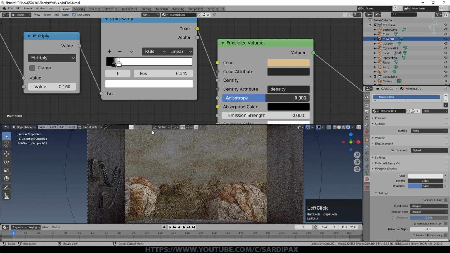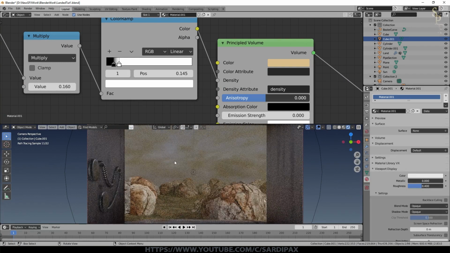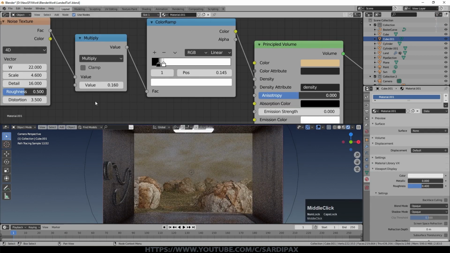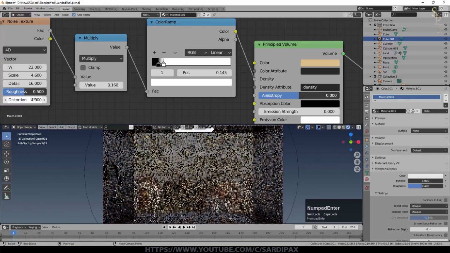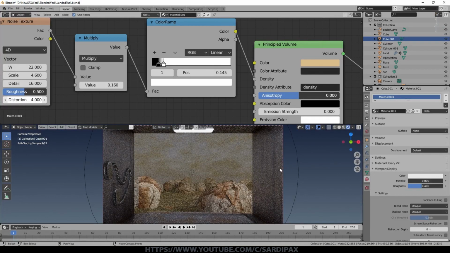By bringing these 2 points closer together, you'll have a greater variation between where there is no volumetric mist and where there is a lot of it. So you effectively increase the contrast. And of course, you can play around with these values as well. You might even want to go up on the distortion a little bit here. So the idea is that this is sort of dirt and fog and what have you being blown across the scene, perhaps sand even.